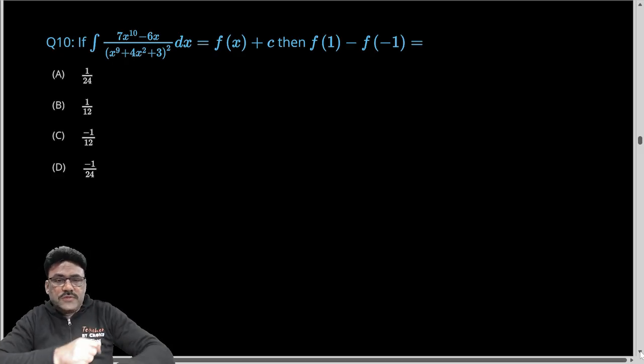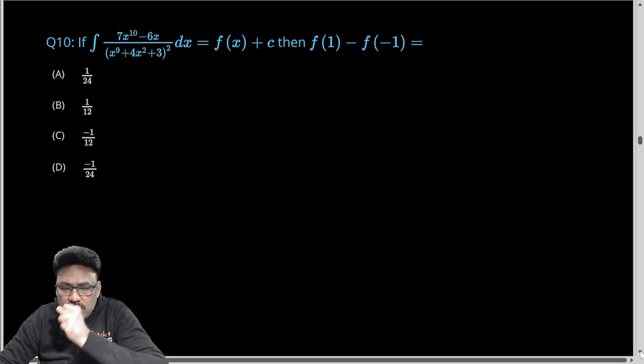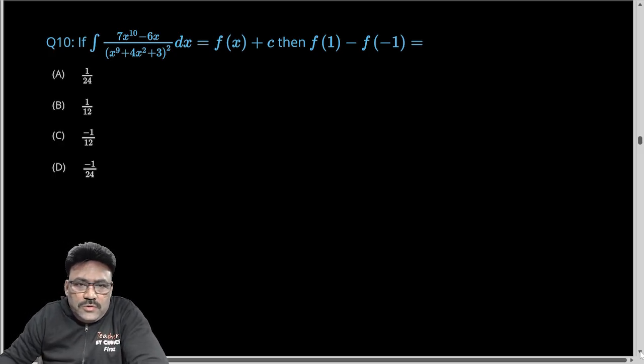Okay, let's see this question now. This is from indefinite integration. This integral is given as f(x) plus c. You have to get f of 1 minus f of minus 1. So let's integrate this. If I take x square common from the denominator,